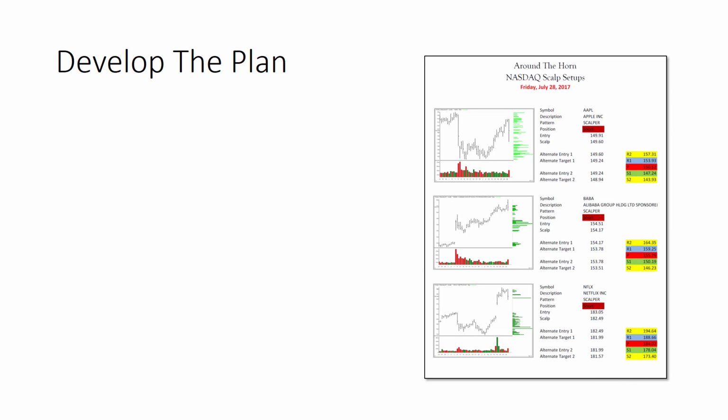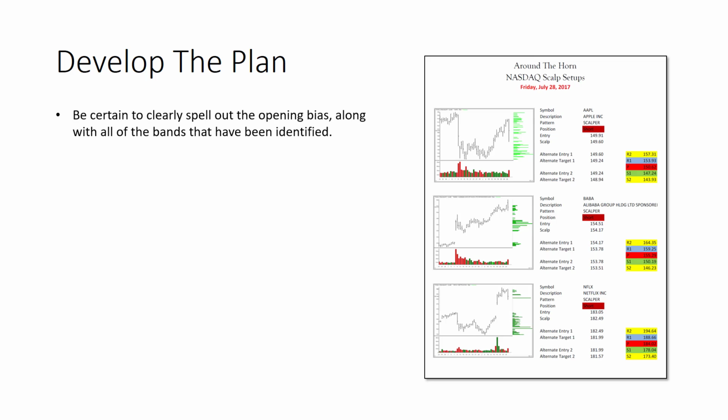By now, a lot of you have been following me for probably 18 years, and you know that I am just absolutely bent on I have to have a trading plan or I'm not interested in taking the trades. So just as I do with the Around the Horn plan, with the daily income trader setups, what I'm doing with the Around the Horn Nasdaq scalps is I am constructing this in a way that gives me a very easy roadmap to look at first thing in the morning.